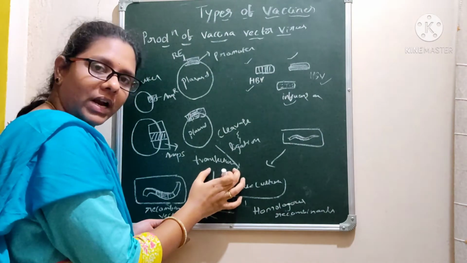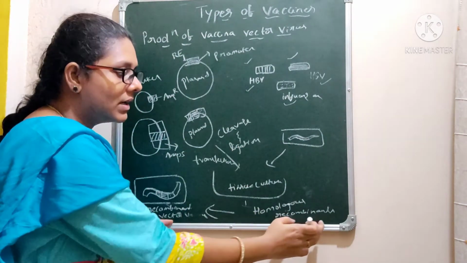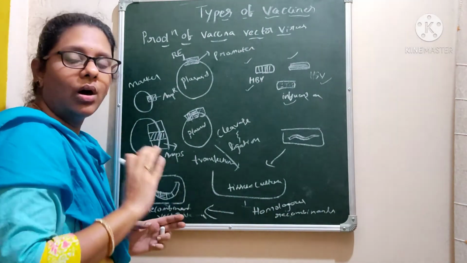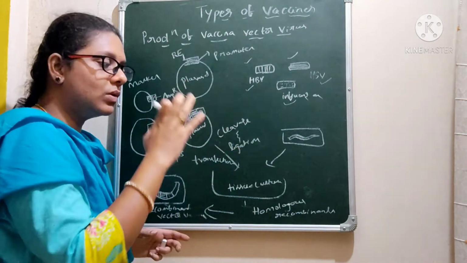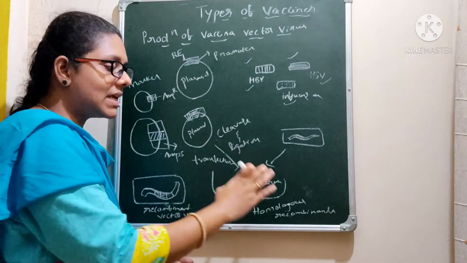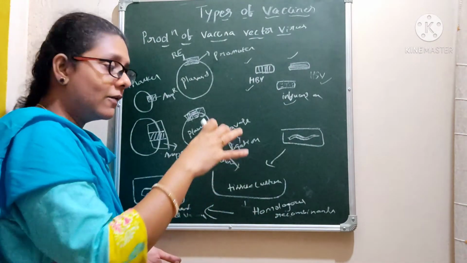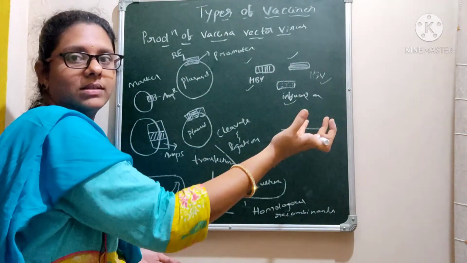After this step of transfection, what are you going to do? You have to select the homologous recombinants. Here we need only recombinants. Non-recombinants are of no use in this procedure. So we need to specifically select the homologous recombinants, recombinants here where they are carrying all the three genes of these viruses.